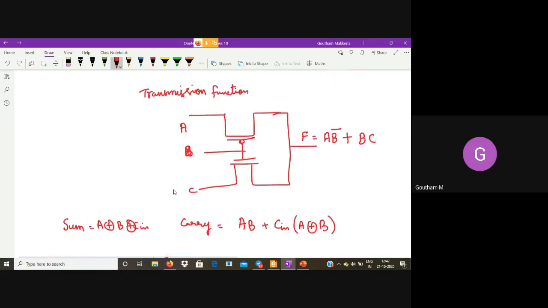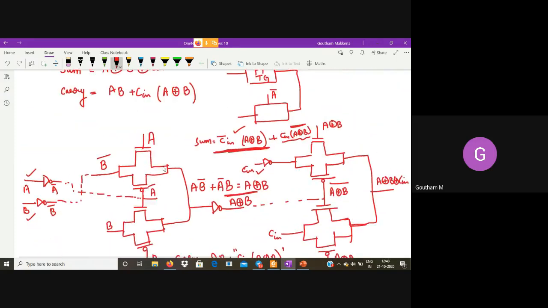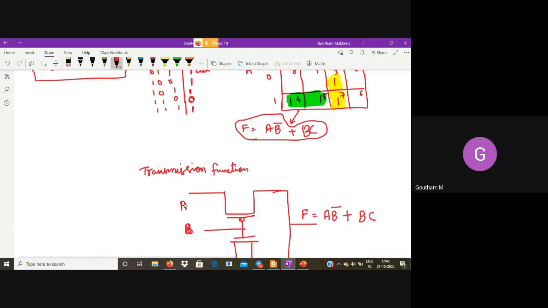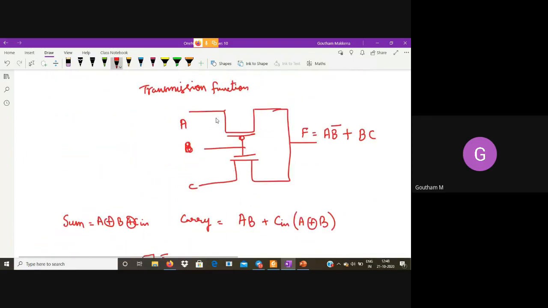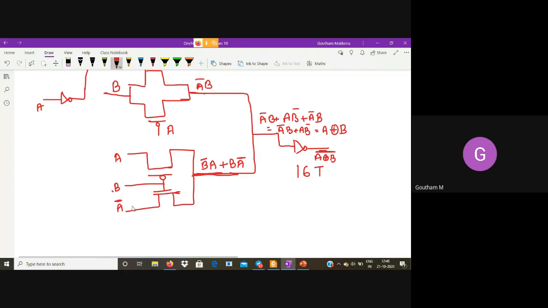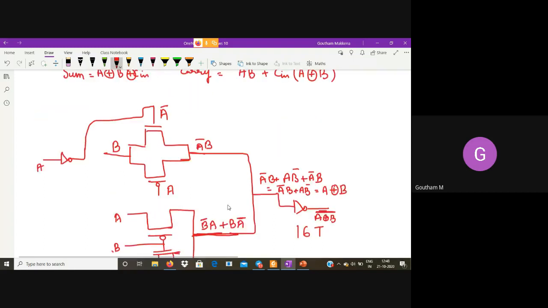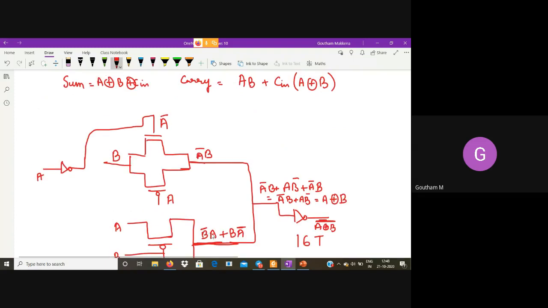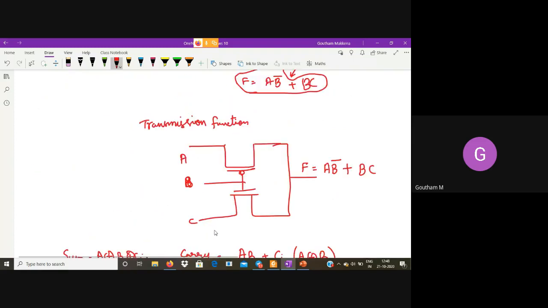So in the first segment, you saved two transistors here. You did not use an inverter for B. In the second stage, you need not use an inverter for Cin. Why? Because transmission function inherently generates an inverted complement of a signal without using an inverter. So we made use of transmission function over here to get the complement of the signal instead of an inverter.